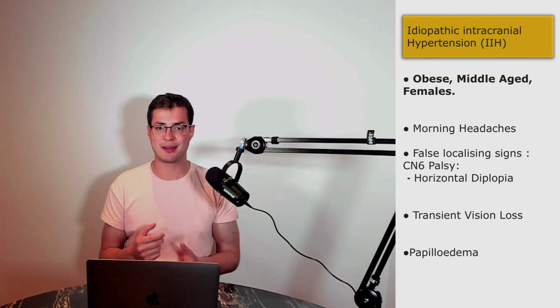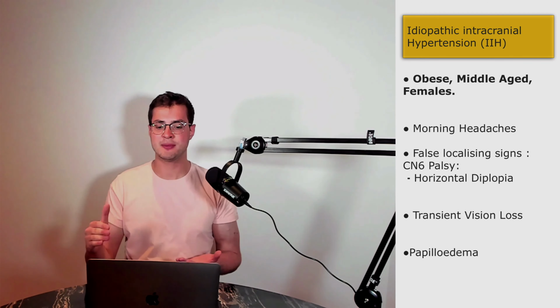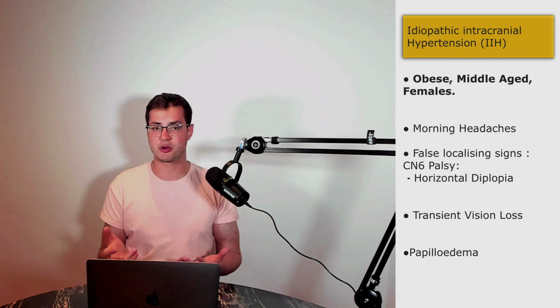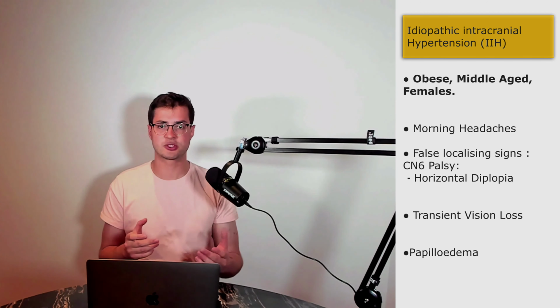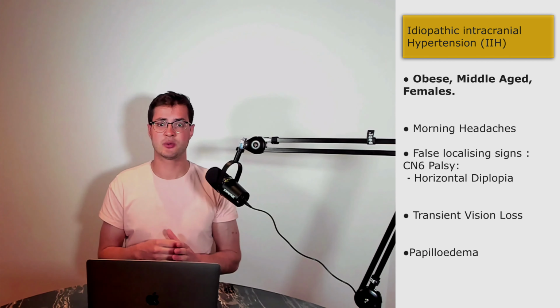Finally, we come to the end of the video, and it's the last headache that I want to talk about. It's idiopathic intracranial hypertension. This usually classically happens in a female who's middle-aged, who's a little bit obese. They present with morning headaches that get worse throughout the day, and they could present with signs of raised intracranial pressure, such as a false localizing sign like a CN6 palsy, a cranial nerve 6 palsy, which is the abducens